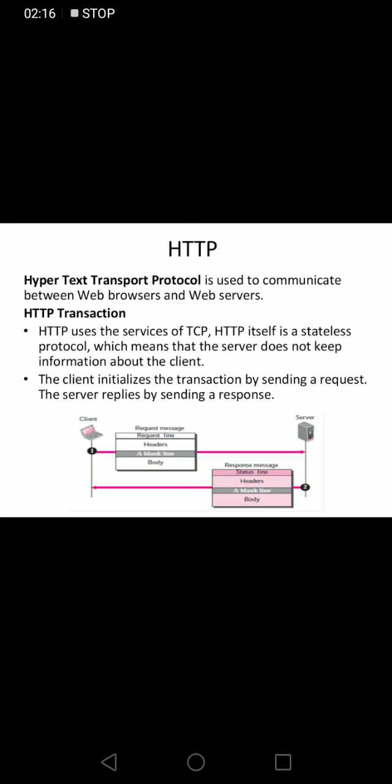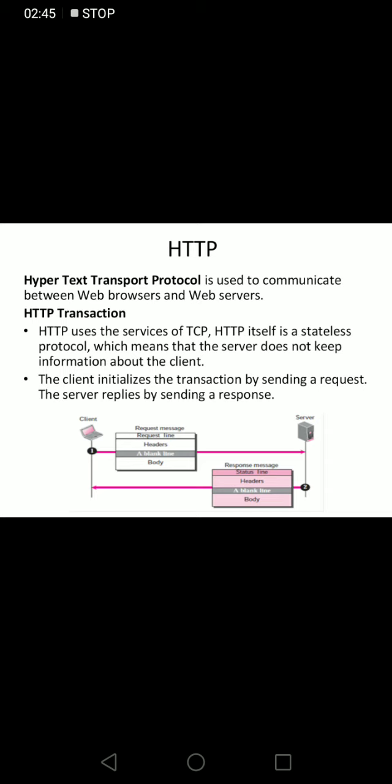So we are using two messages in this protocol, one is the request message and another one is the response message. The port number to access HTTP is 80. It is attached by default by the browser on the client machine and sent to the server.